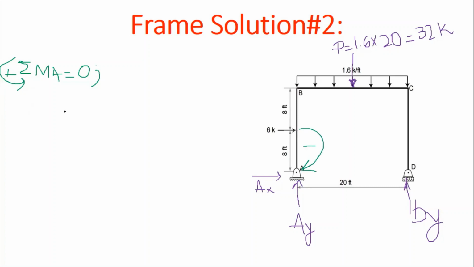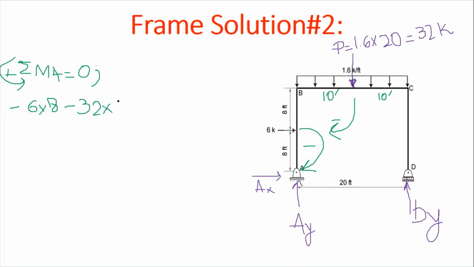So it will become negative, because we are taking this direction positive, so this will be negative. So the moment is 6 kip into 8 feet, because its perpendicular distance is 8 feet. Next, you know that this whole length is 20 feet, so we divide it into two portions, 20 divided by 2, so it will become 10 feet and 10 feet. So I will rotate this here. Its rotation is again negative, opposite to what we supposed to be positive. So 32 into 10.